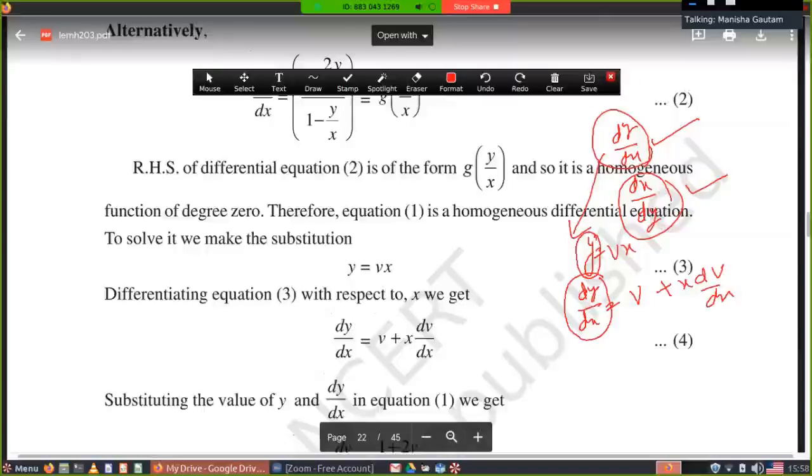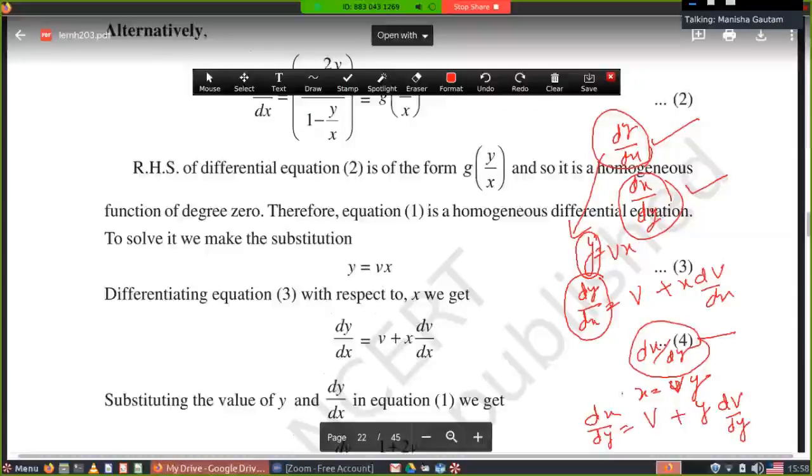If the question is in the form of dx upon dy equal to the statement, then you have to put x is equal to vy, and put the derivative of dx upon dy in the equation. That will be v plus, now here y is as it is, this is dv upon dy. You have to put x is equal to vy and dx upon dy is equal to v plus y dv upon dy. These are the important parts which you have to remember first, and this is the second step. These two steps you have to learn.